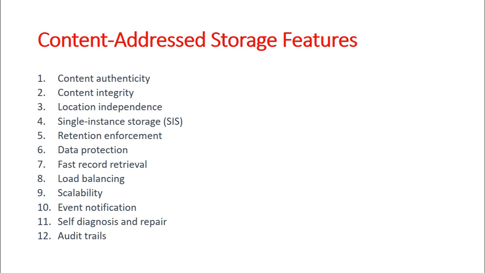CAS systems can be configured to alert remote support systems or support teams who can diagnose and repair the system remotely. So CAS automatically detects and repairs the corrupted objects and alerts the administrator about the potential problems. The CAS systems can be configured to alert the remote support teams as well, who can diagnose and repair the systems remotely. And lastly, CAS also